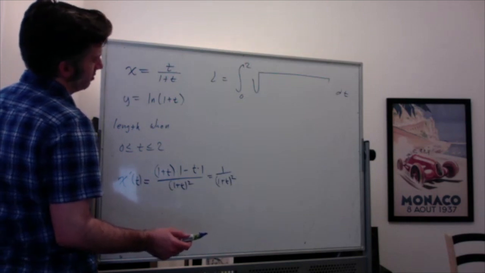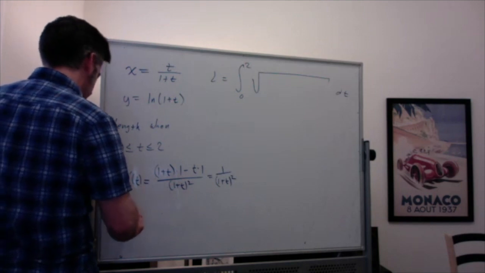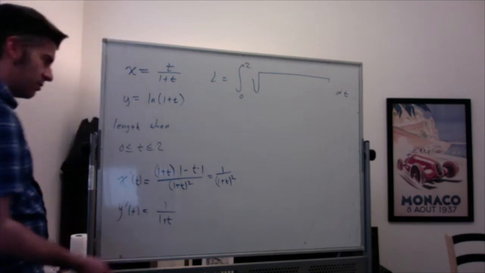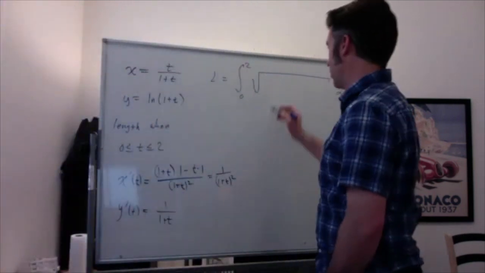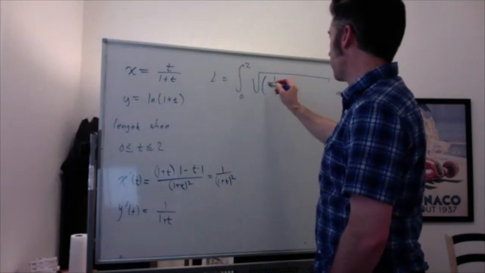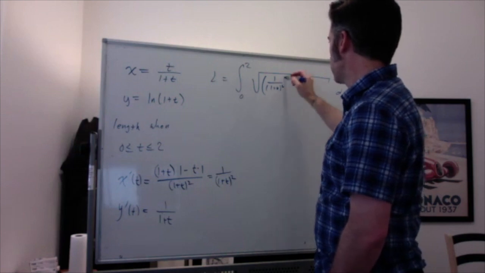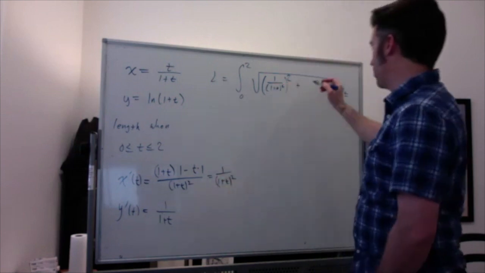Anyway, sorry, I just noticed something. And then y prime of t is going to be 1 over 1 plus t. Okay, so then we get this squared. So 1 over 1 plus t squared plus 1 over 1 plus t